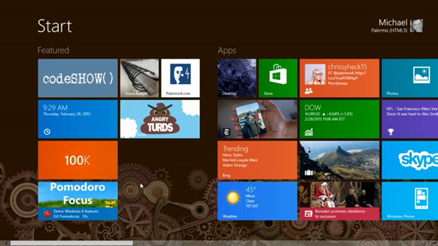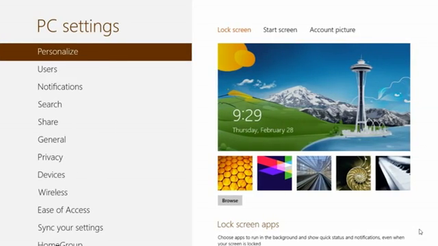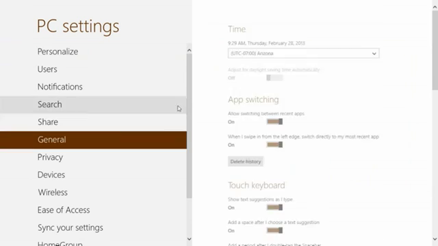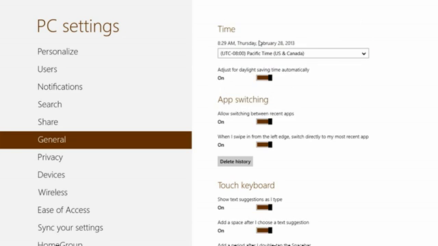So let me go ahead and change my PC settings. You know, I'm from Arizona. I'm not currently in with the whole time. Our whole state is not in sync with anything. Yeah, you guys don't play along, do you? Yeah. So I'm going to change now to Pacific time